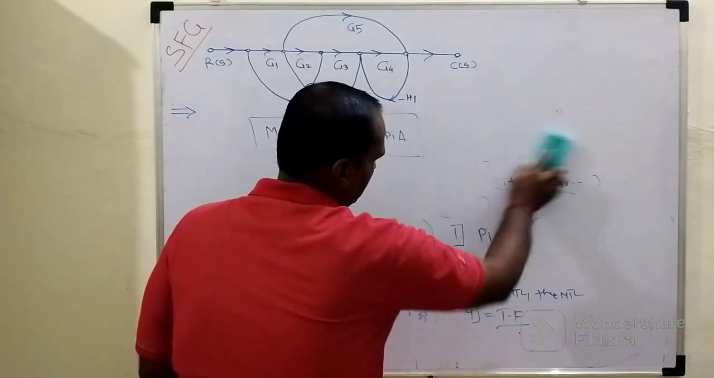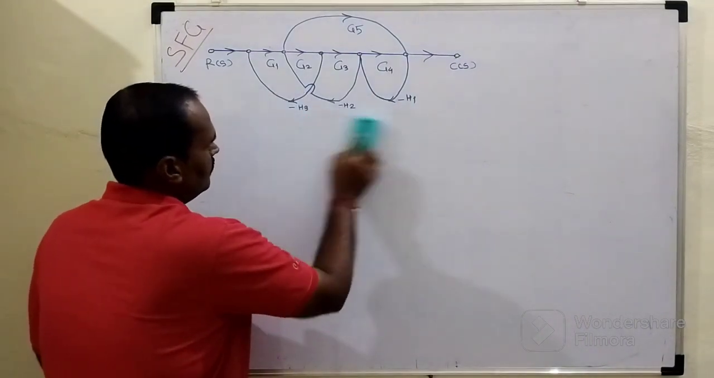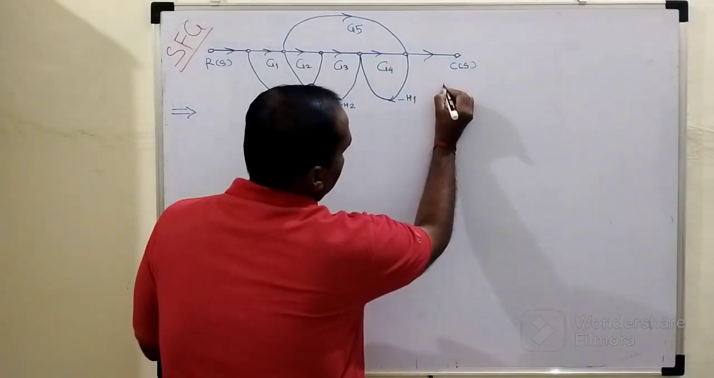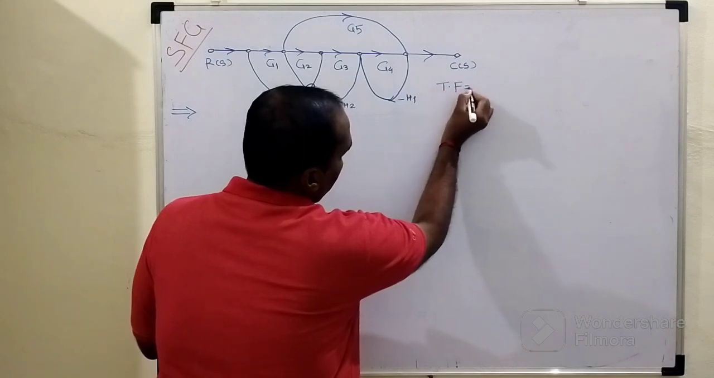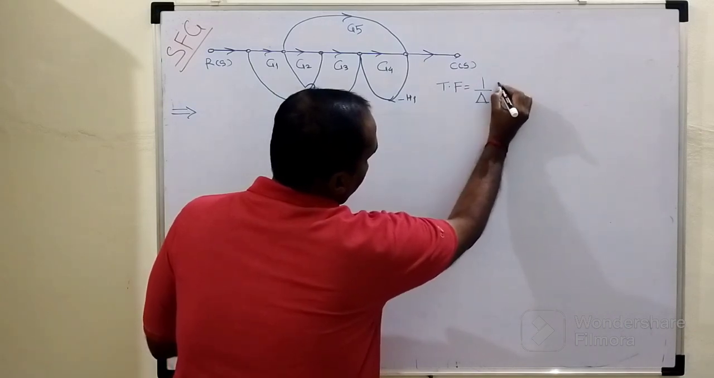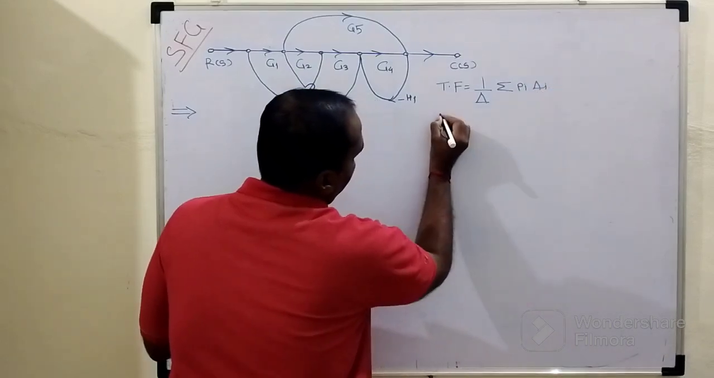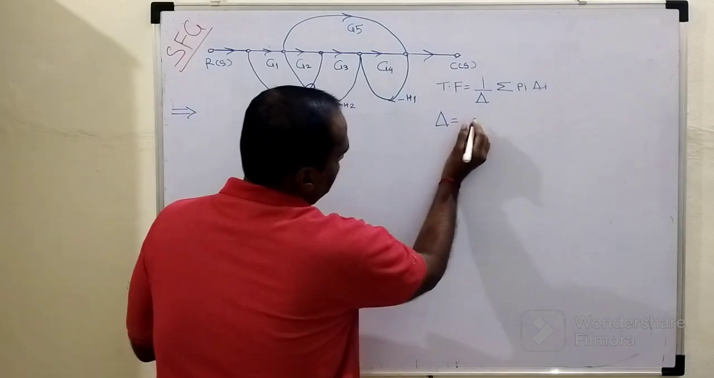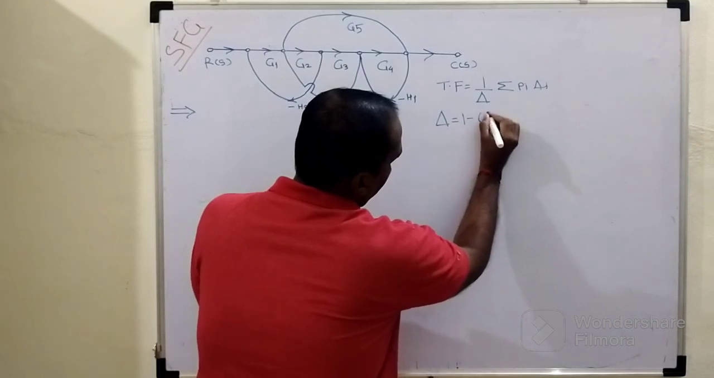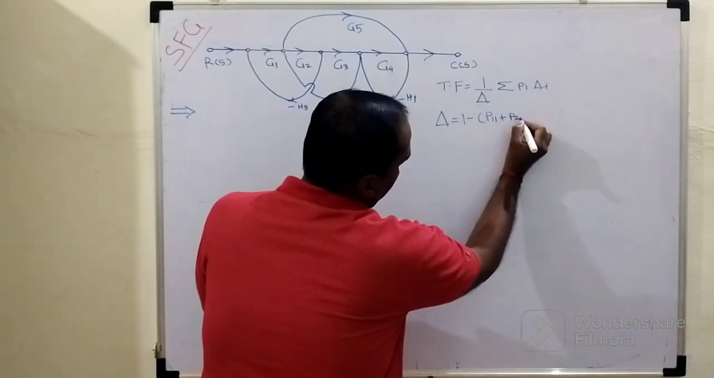For the sake of the moment, I will grab all those things. One more time, Mason's gain formula, which is used to determine the transfer function, I will write here, will be 1 over delta into the summation of Pi into delta i, where this delta is nothing but what? Delta equals 1 minus the summation of all individual loop gains. First individual loop gain P11 plus second individual loop gain P21